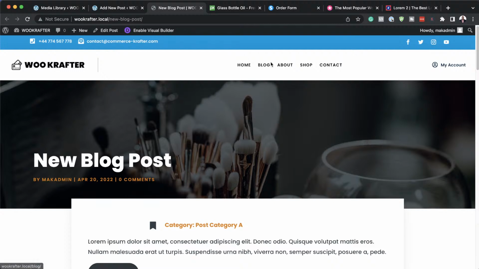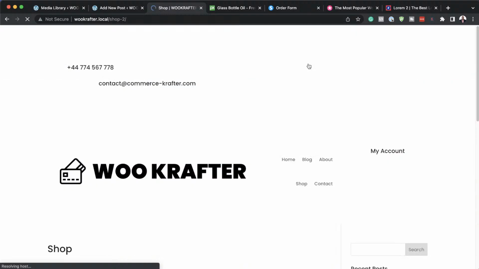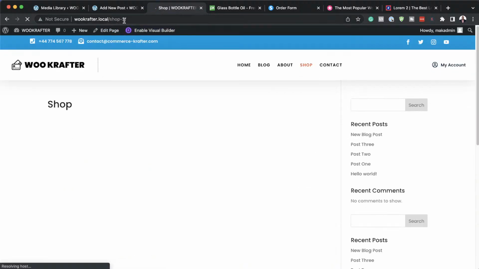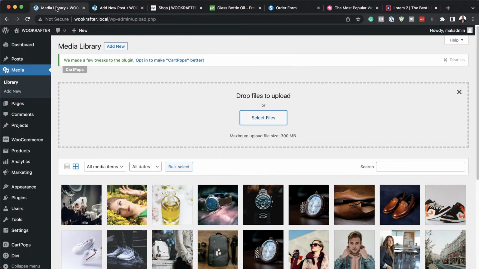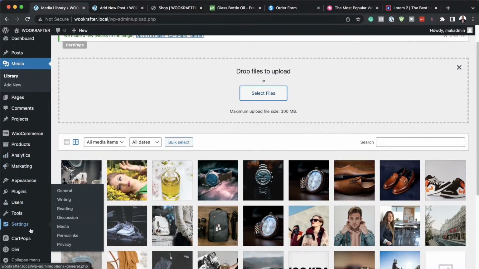Now let's go to our shop, okay? Because we need to see what is in our shop. But before we go to the shop, notice what happens. If I go here, it's showing the wrong page. And that is because when I imported WooCrafter, for some reason, it duplicated the page. So what you want to do now for that page and any other page that has been duplicated is to